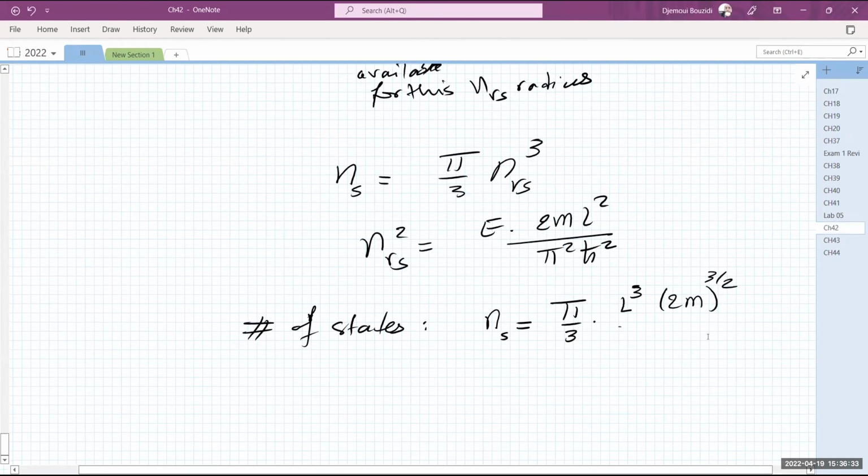Divided by, okay, the same thing that happened in here with pi and h bar squared. When you take the square root, you end up with just pi and h bar. When you cube it, it's going to be pi cubed h bar cubed, okay, times